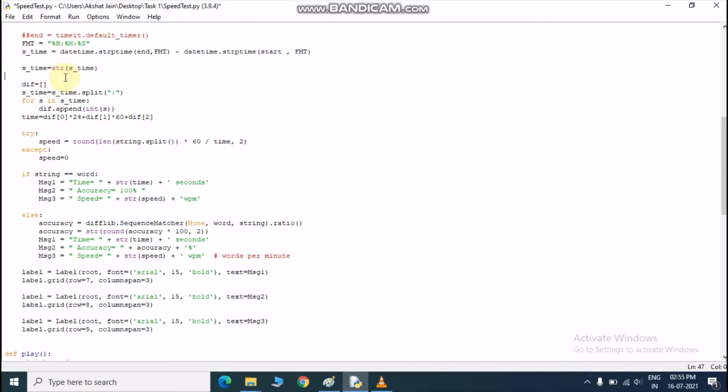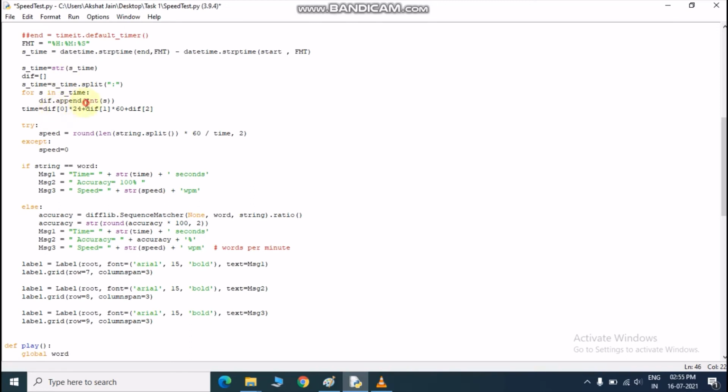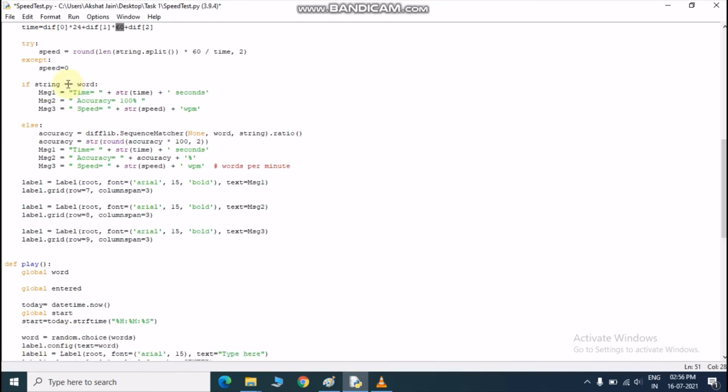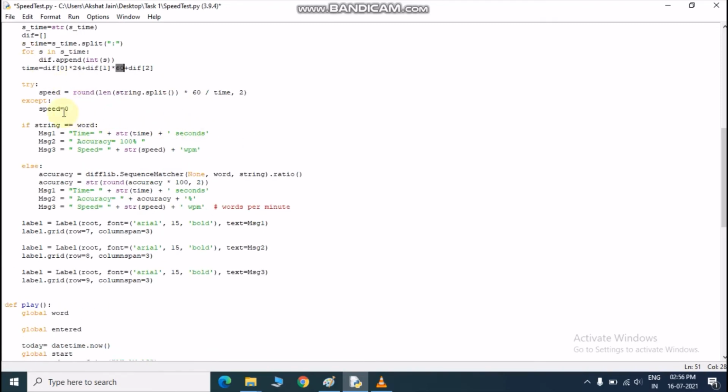So we are doing the same here. We are just typecasting it into int and storing it in a variable time, and I am simply multiplying the zeroth position, which is the hour position, with 24, and the minute position by 60, and seconds will remain in seconds. So I will get the total time, or the total difference between start and end, in seconds, and that will be an integer value so that I can perform actions or various formulas via this.